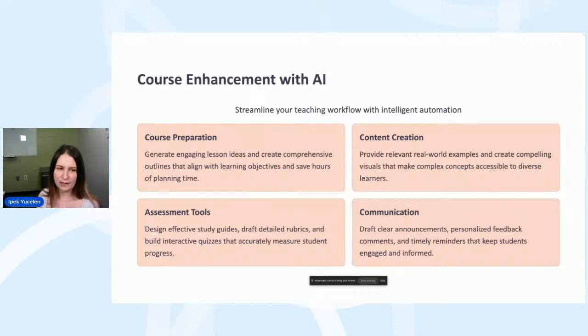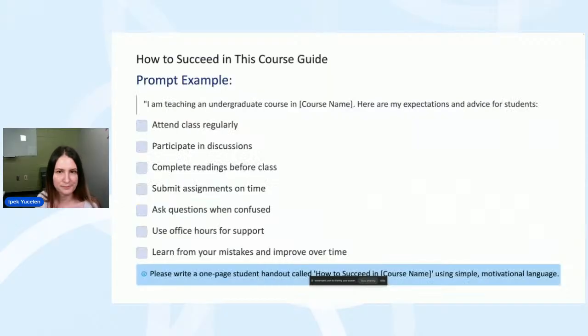And then there are assessment tools, like how can we create, for example, multiple choice quizzes? Can we create rubrics? And how can we generate a rubric? So these things are also important and help us to save time. And of course, communication: most of us nowadays use AI to draft announcements or emails and give feedback to our students, getting help from AI. And then it also saves time for us.